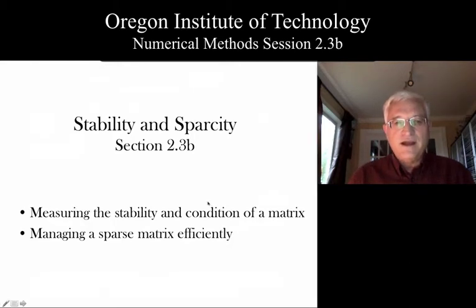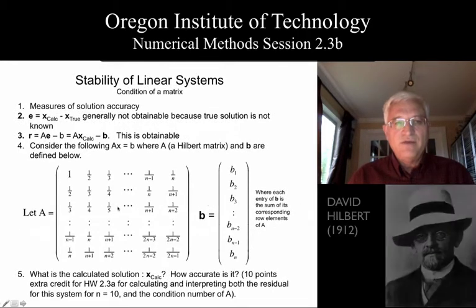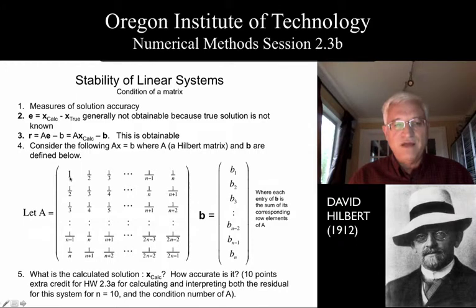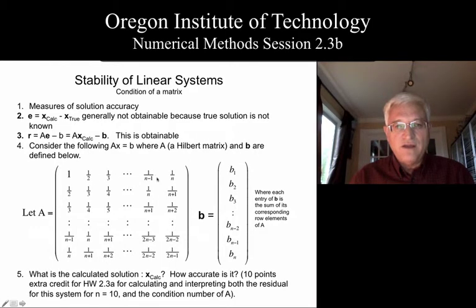So let's take a look at an example system called a Hilbert matrix. The Hilbert matrix is very easy to define. You take integers starting with 1, form their reciprocals, and lay them out in the first row and also in the first column. Then you shift the numbers so that you start with the second position. You take all of the elements up to 1 over n, add one more, and you lay that in row 2. Then you shift it again and put it in row 3, and so forth.